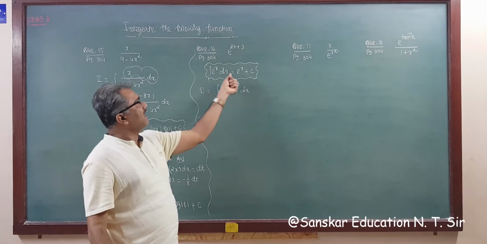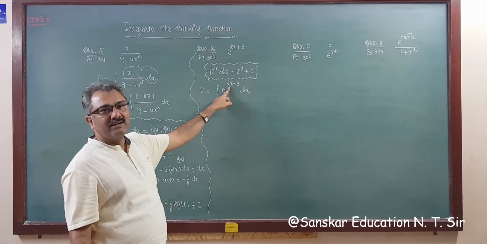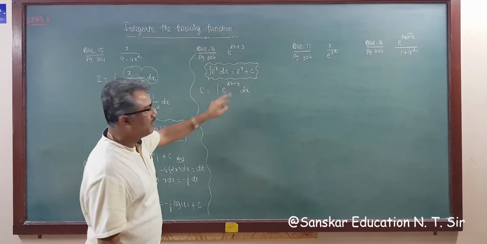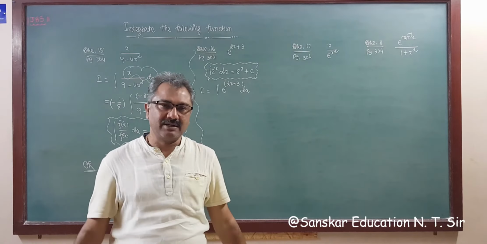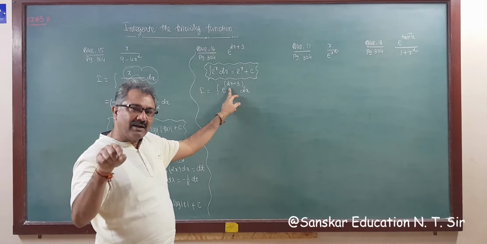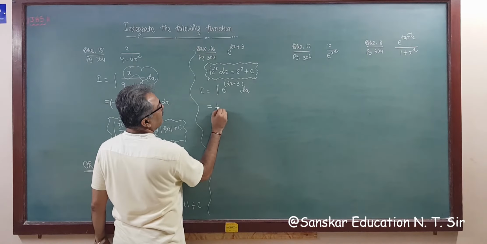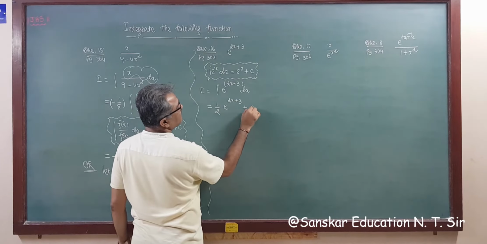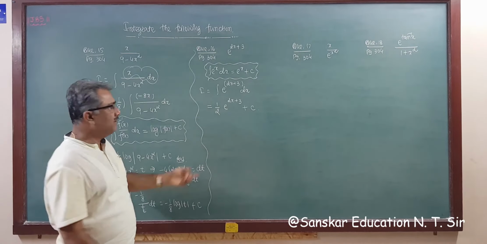Now the answer of this is e raised to x, but we have to divide by 2, because the coefficient of x is 2, that you know, because we want e raised to x, but instead of x there is a linear function, right? Here there is a linear function, so we have to divide by its coefficient. If this were differentiation, we would multiply. So the answer will be 1 upon 2 e raised to twice x plus 3 plus c. This is your answer.